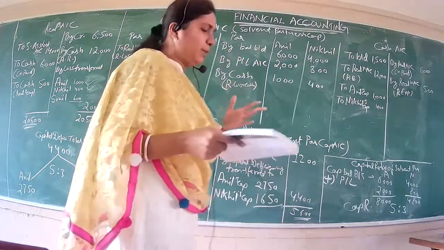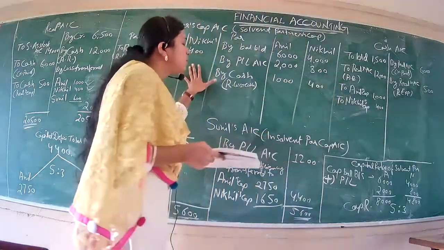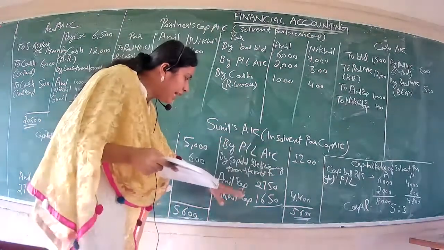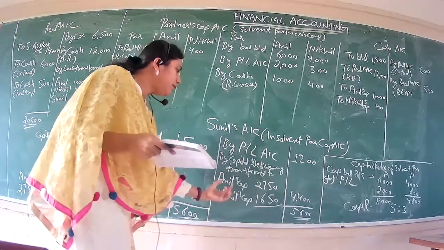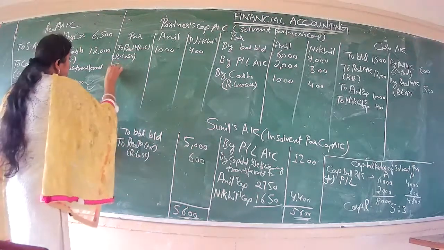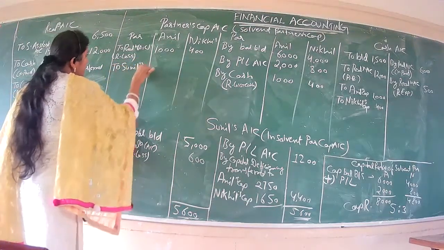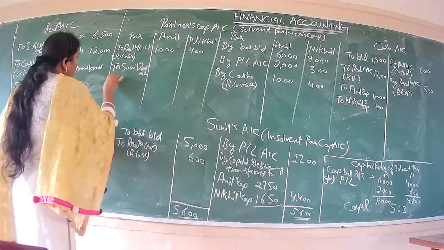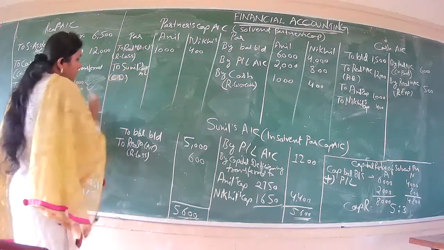Now, next, which account do we have to close? Next, we have to close the solvent partners' capital accounts. Now, when we have the entries here in Anil's capital account and Nikhil's capital account, definitely there will be a counter entry in their respective capital accounts also. So first we'll do this entry, that is, to Sunil's capital account. In bracket, for your reference, you can write capital deficiency shared.